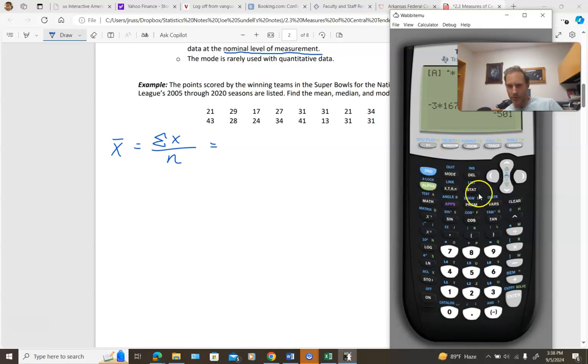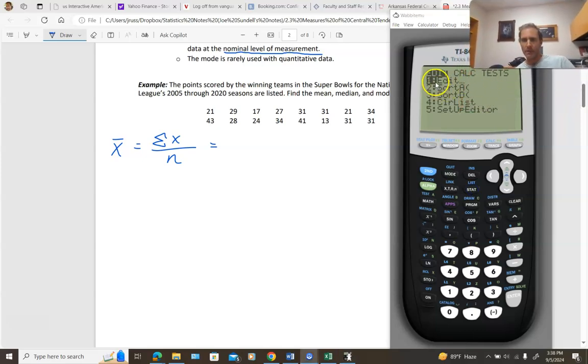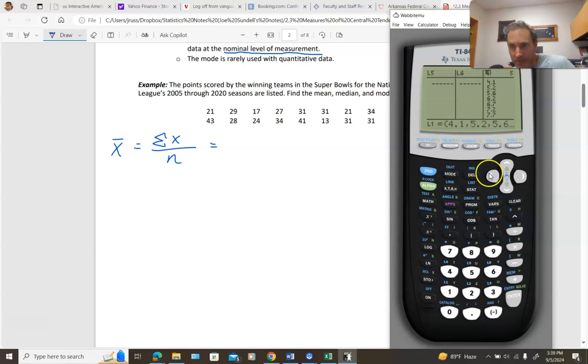What you want to do is come over here to this stat key, and you're just going to press it. Okay, and then you're going to select edit. And so by doing this, I'm actually in list 2 instead of list 1. It doesn't matter what list you're in, but I do want to delete all the data that's in this list. There we go. Well, I think I actually deleted the list, but